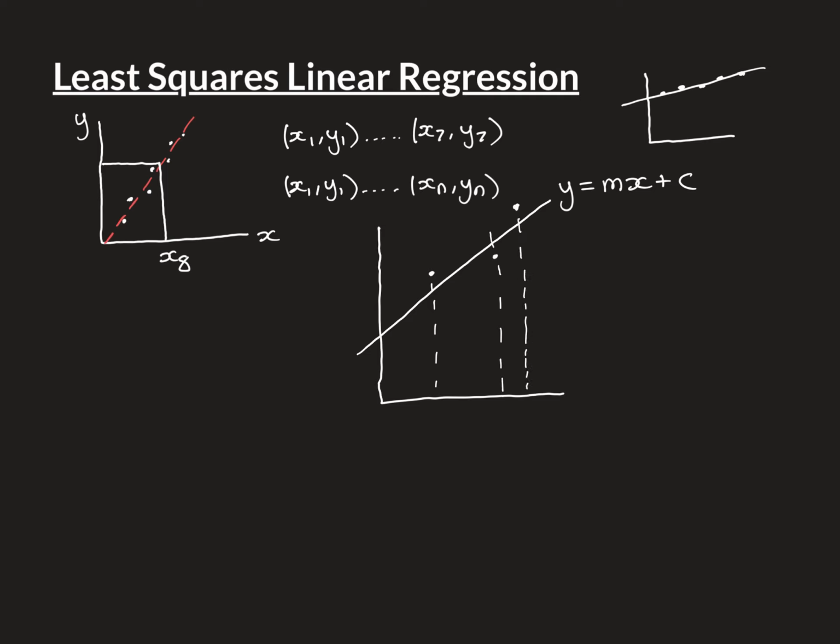has an x value, so we'll call that x1, that x2, and that x3, and then they have a y value as well. Now, their y value is not equal to the y value that the line would have predicted. So for this x1, here is the y value that the equation of the line would have predicted, and here is its actual y value. And similarly for these ones, their y values differ. So what we could do is look at this difference between all of the y values,